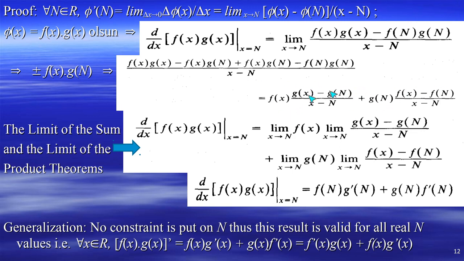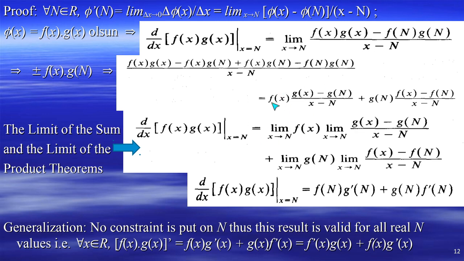We have two products summed up. So in order to distribute the limit at the two parts of the sum, I use the limit of the sum theorem. And in order to distribute the limit in these products, I use the product limit theorem, so that